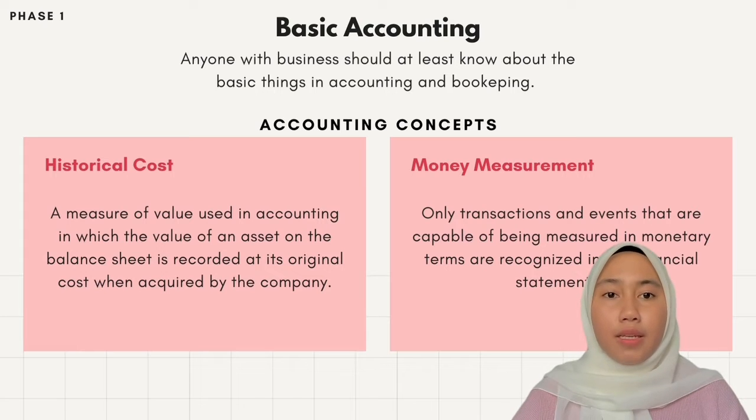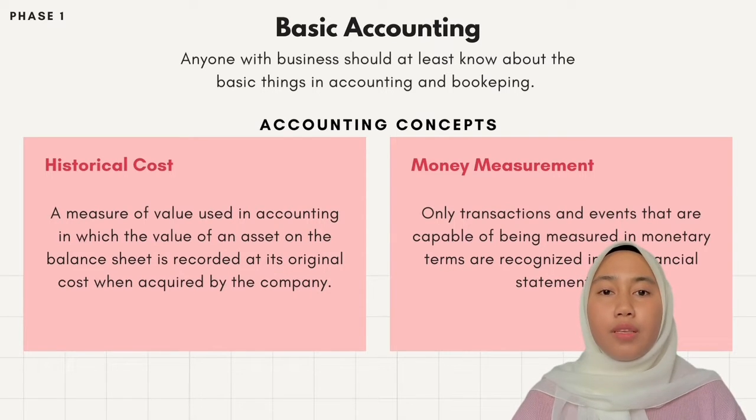Only transactions and events that are capable of being measured in monetary terms are recognized in the financial statement. This means that accounting transactions are concerned with quantitative rather than qualitative data. In the example, Ahmad owned 100,000 cash, 50,000 raw material and a van. So he can find out what the business owns, because only the transactions that are expressed in monetary terms will be